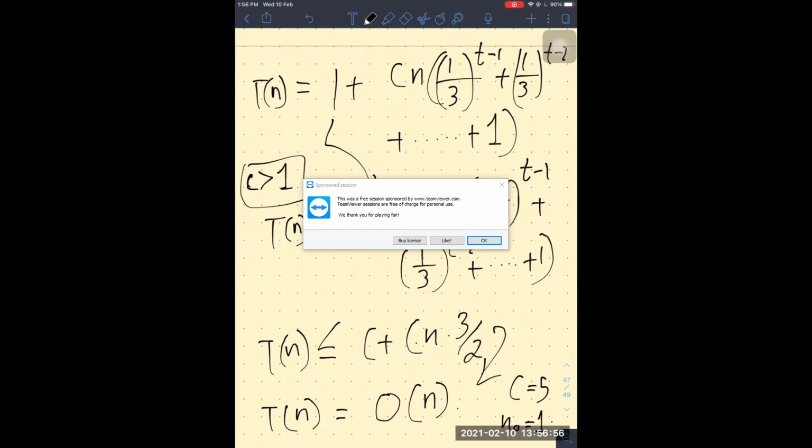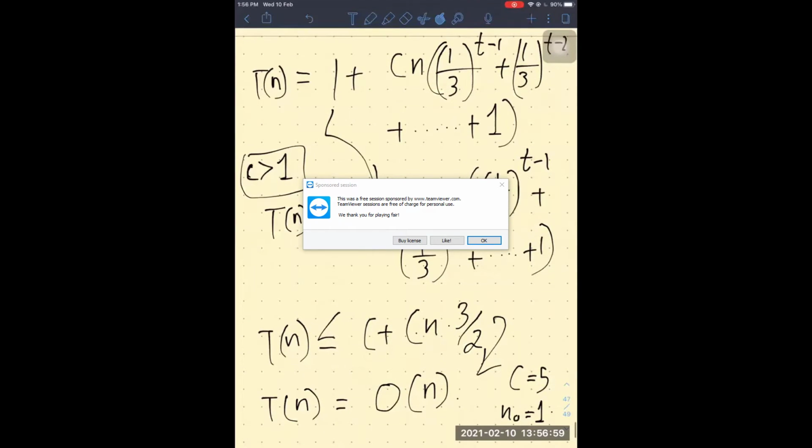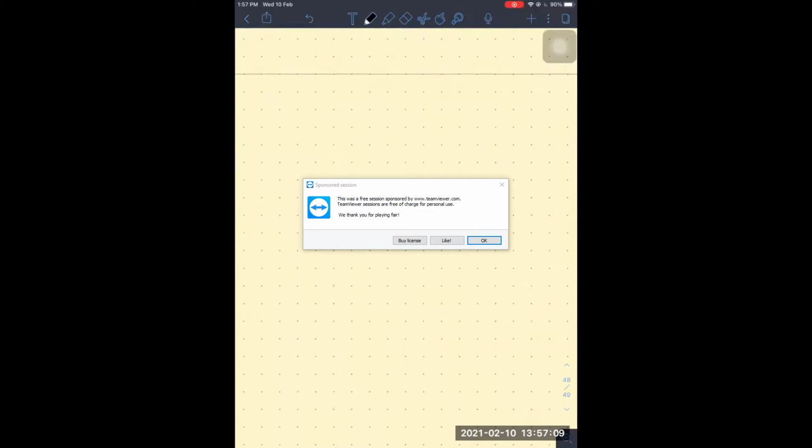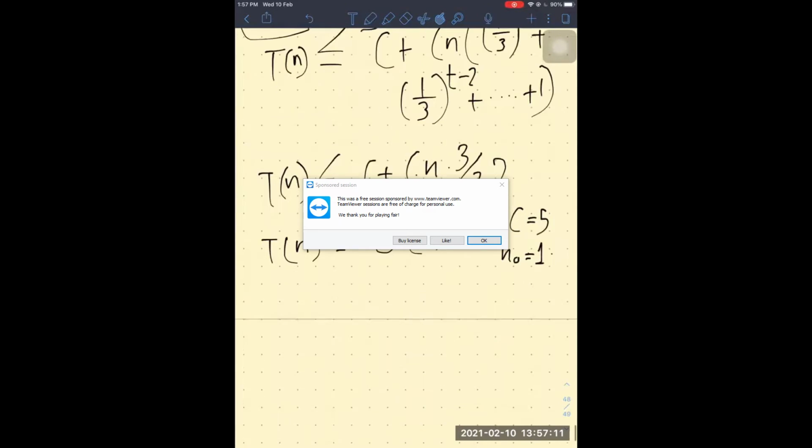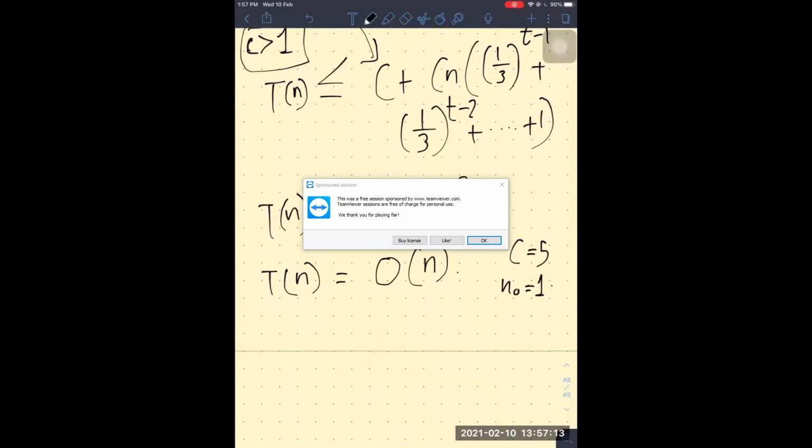Okay, so now let me show the derivation of how I am getting that this factor is equal to 3 over 2. For that, we have this factor, which was 1/3 to the power t minus 1 plus 1/3 to the power t minus 2 all the way to 1. Right. So we are assuming that it is some series S,